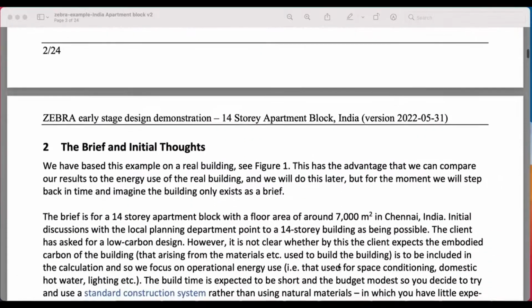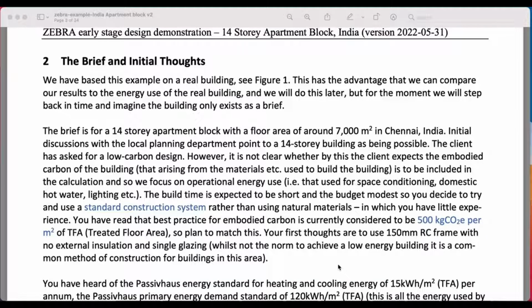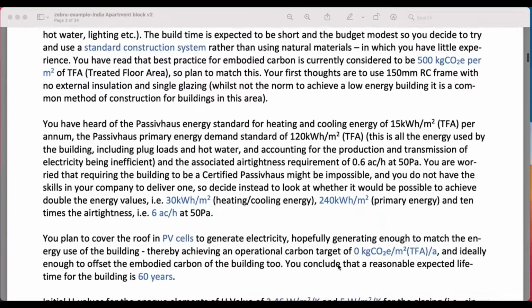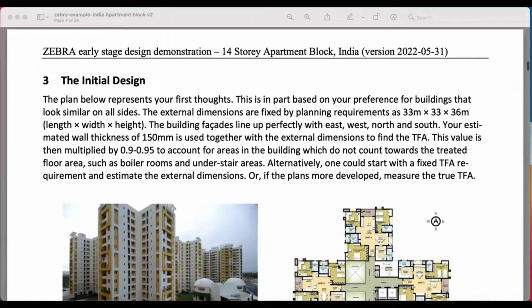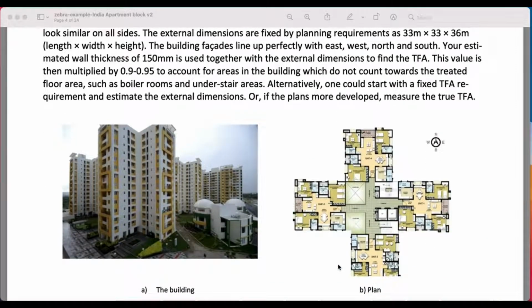And I'll quickly scroll down through that, and we have a design brief. In this document, the text in blue is the information that you'll be entering into Zebra. You can use this document either as a tutorial or just as an example and read through it. It's up to you. Here's the building, and it's actually a building that's been built, so we're cheating a little bit here, by using a built building rather than just a design brief. But part of the reason we've done that is because we've got some measured energy data from this building. So we'll be able to see how accurate Zebra is.